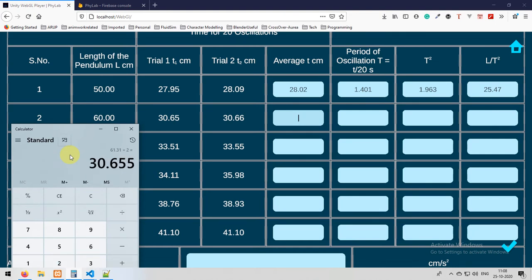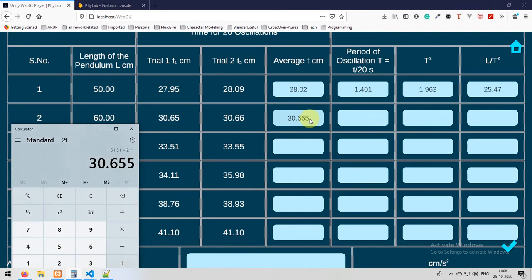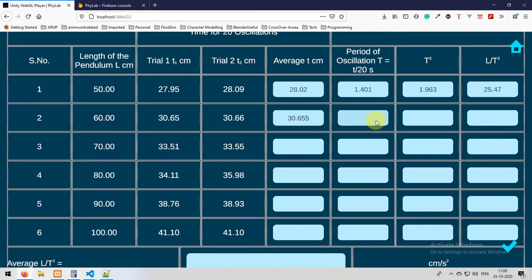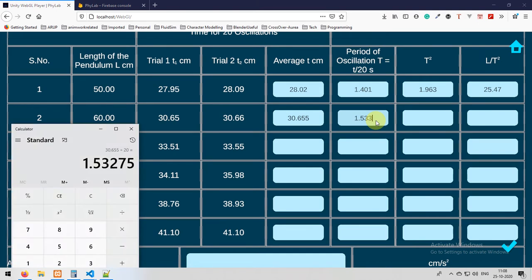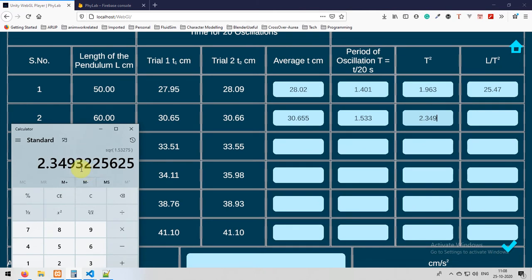The next thing I want to tell you is, remember that when you're taking observations, you need to stop at exactly 20 oscillations. If you go beyond 20 oscillations for any observation, that will be wrong, and you need to perform the entire experiment again from the beginning. So be careful, count with high concentration, and stop at exactly 20 oscillations.